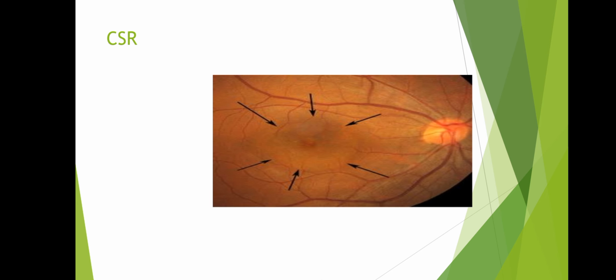CSR, that is central serous retinopathy. Central serous retinopathy is characterized by sudden edema of the macular area, which typically affects young adult males. Due to an unknown cause, it is basically a localized retinal detachment caused by exudation from the parafoveal or choroidal capillaries. The symptoms are sudden onset of blurring of vision in one eye, a black fixed spot at the